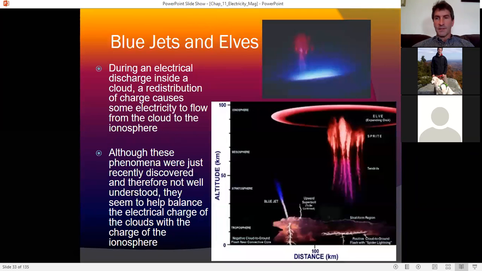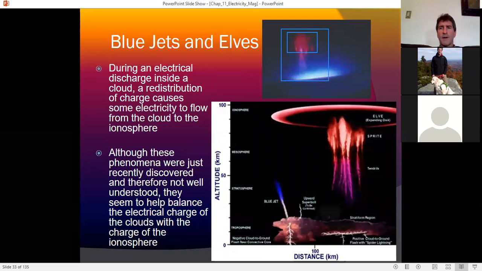So we do have these more exotic forms. And this is an actual photograph of one of these blue jets occurring in addition to a sprite on top of it. So you can look this stuff up. There's some really wild forms of high altitude lightning that we just started discovering very, very recently. Let's talk about